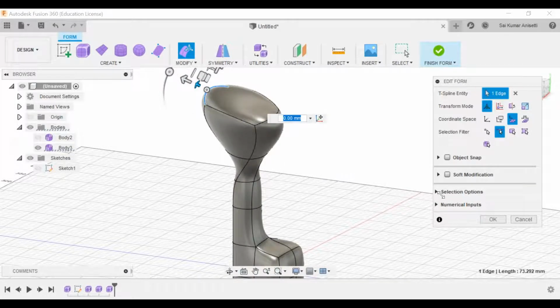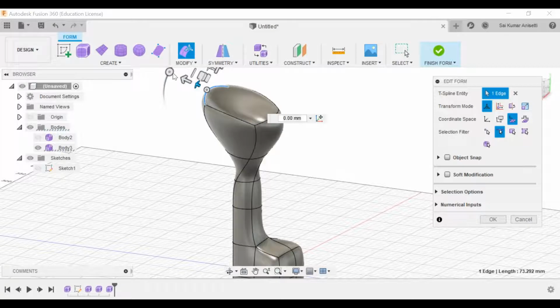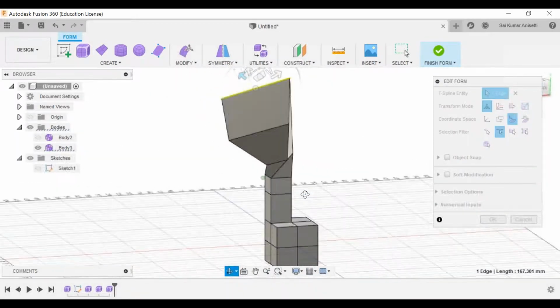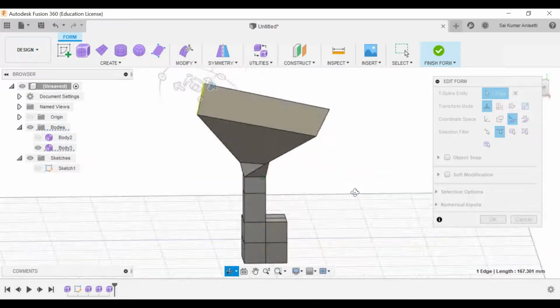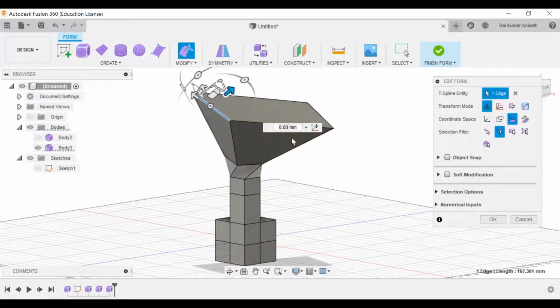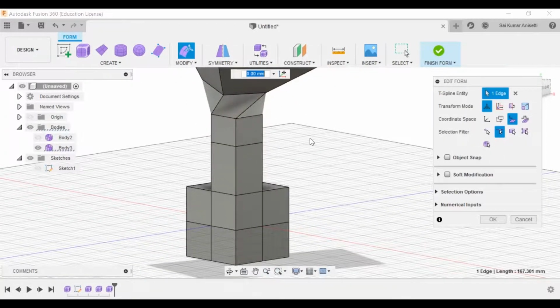Okay, now you have selection options. Let me open that, and numerical inputs. Okay, fine. The shortcut to that is Alt 1. If I press Alt 1, this is your sharp edged figure. Okay, now don't be that shocked. Whatever you have created in your environment, that is your gear shaft rod, is in fact this shape actually. If I turn that into a sharp edged object, that is this.